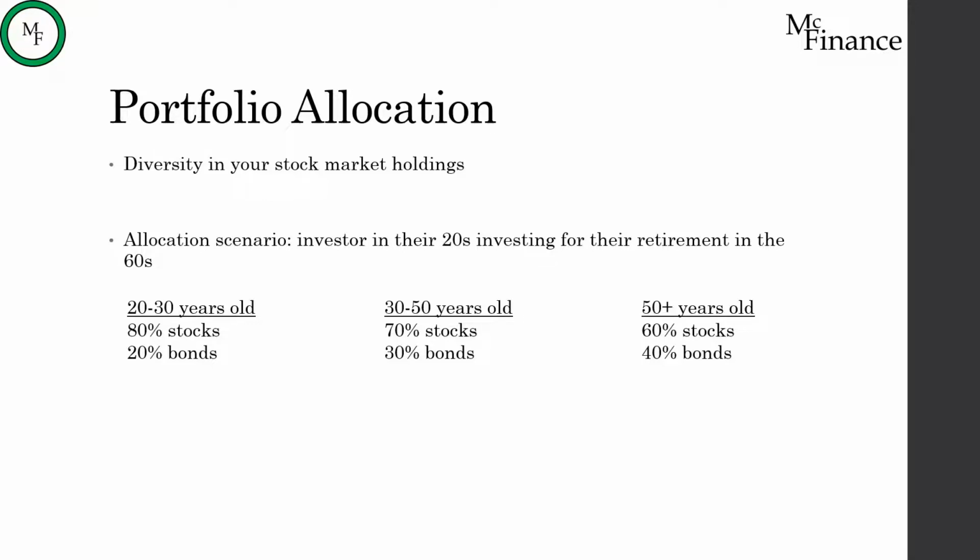Then, as this investor gets older, in their 30s, late 30s, up to the beginning of their 50s, they're going to switch to more like 70% stocks and 30% bonds. They still want those stocks to help provide more